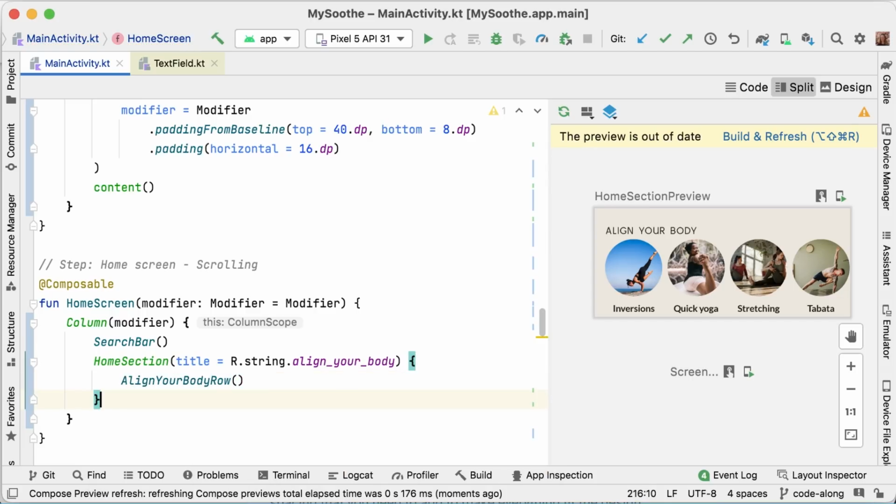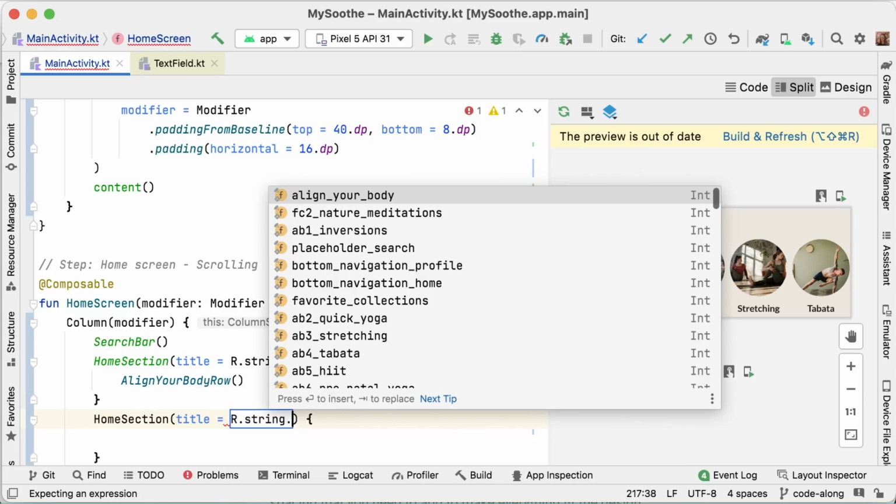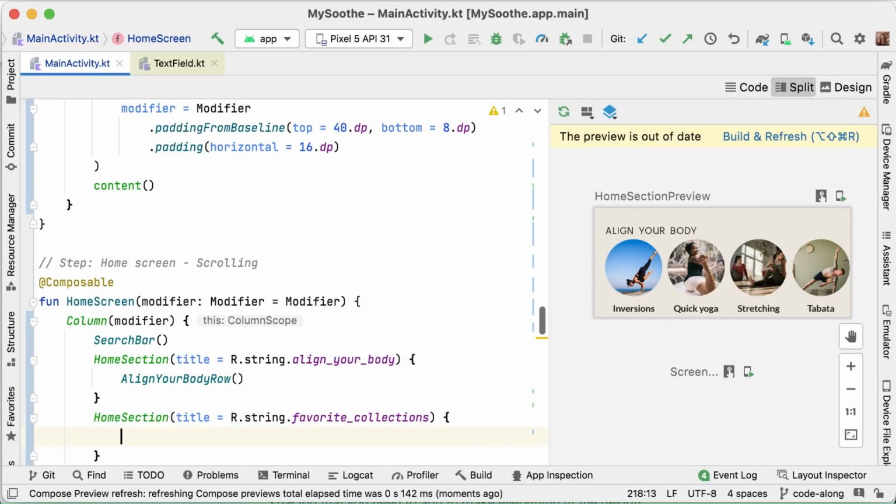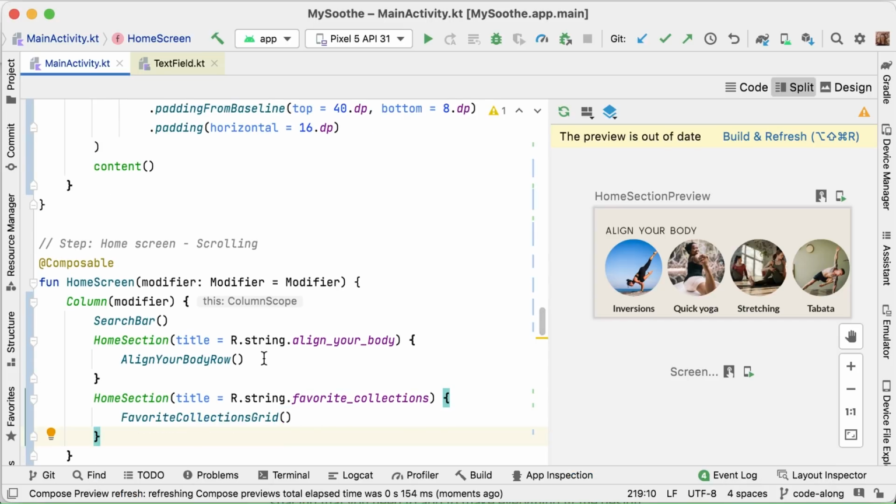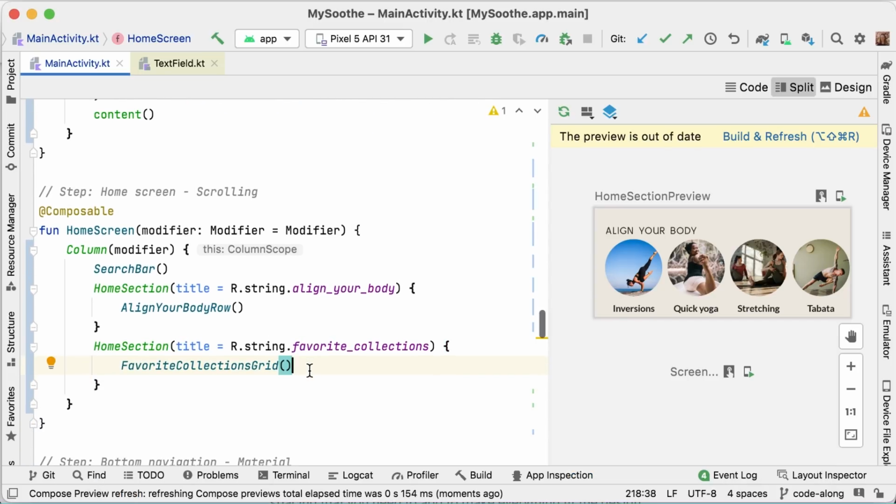And then we have another home section, and that home section will have, not the Align Your Body, but the favorite collections title. And it will have the favorite collections grid as the input, or as the content, as the slot. So with that, we have the three of them showing below each other.